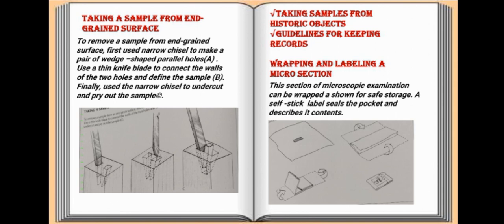Taking a sample from an end-grain surface refers to collecting a portion of a material, typically wood or similar fibrous material, from the end of the material where the grain runs perpendicular to the surface. This is often done to examine the internal structure, grain pattern, or other features that may be hidden in cross-section. When sampling from an end-grain surface, it is important to follow